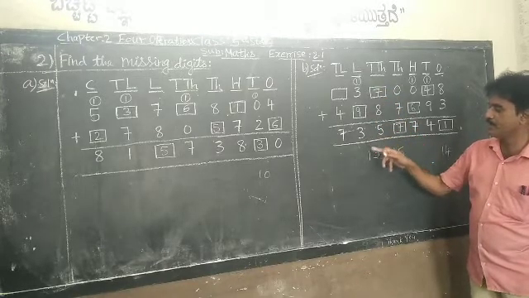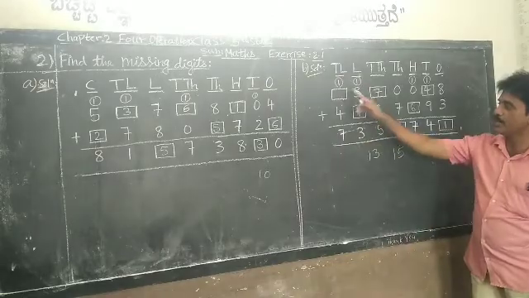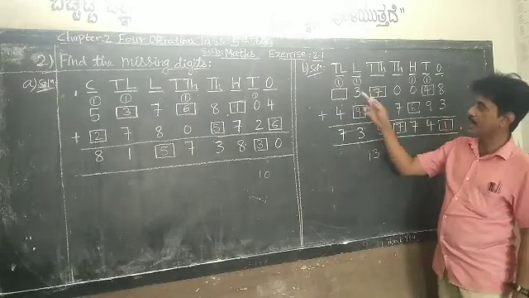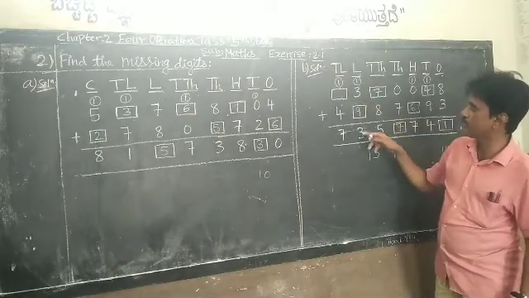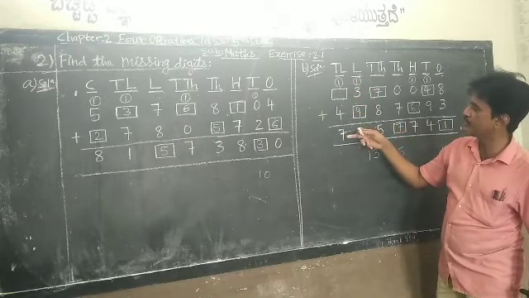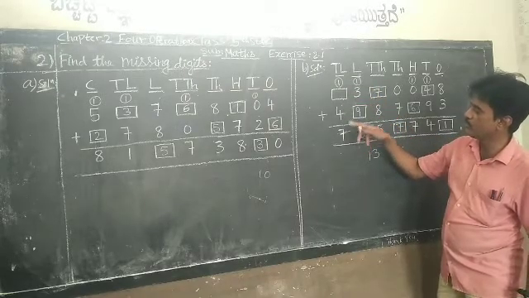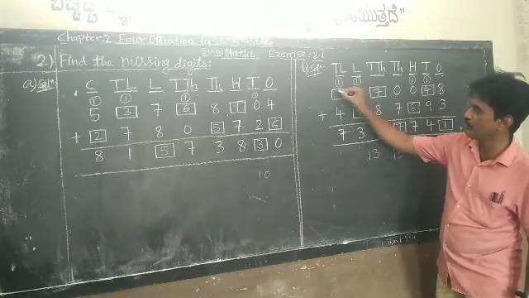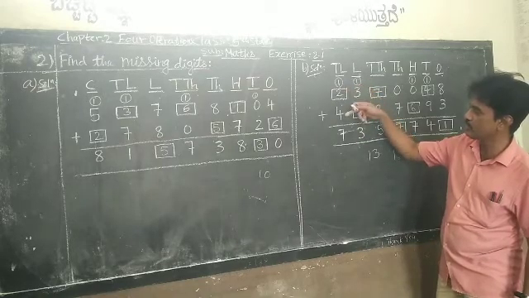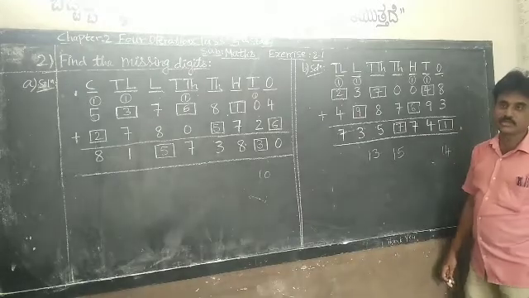So this 3 will come here and 1 is carried to the 10 lakh place. Don't write this one here in the box. You will get a wrong answer. So be careful while carrying the number. So 13, 3, 1 carry. Next, 1 plus dash plus 4 is equal to 7. So 1 is already there, 4 is there. 1 plus 4, 5. To get 7, what do you have to put here? 5 plus 2, 7. See here, 1 plus 2, 3. 3 plus 4, 7. Like this, you have to write the missing numbers or digits.